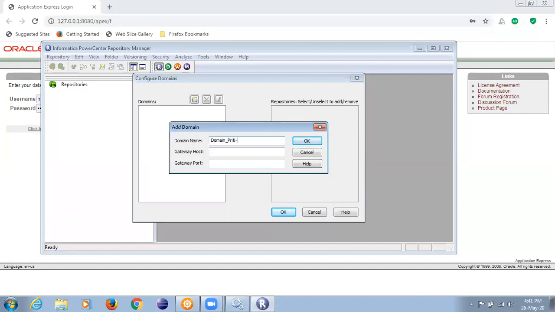Hyphen PC. Correct. Gateway host is again Preeti hyphen PC. These details we usually get from the server. Port is 6005.